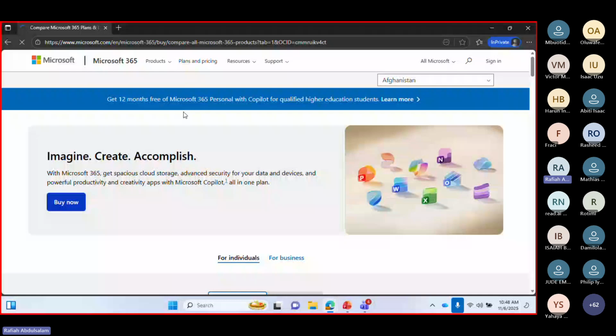This one here is saying that for educational institutions, for students, you get 12 months free of M365 Personal with Copilot. So you see, they actually have these free resources for educational institutions and government parastatals. Now, a non-profit. So now you'd see here we have